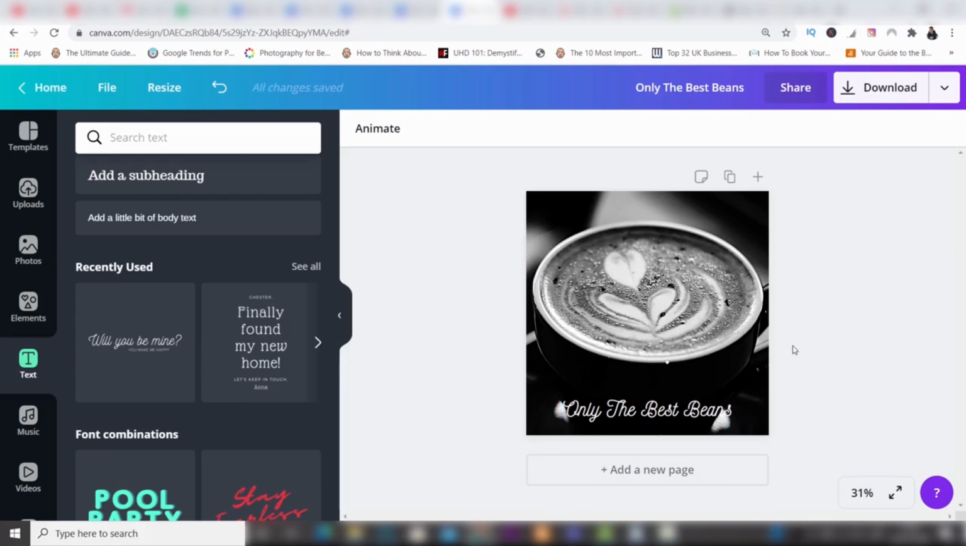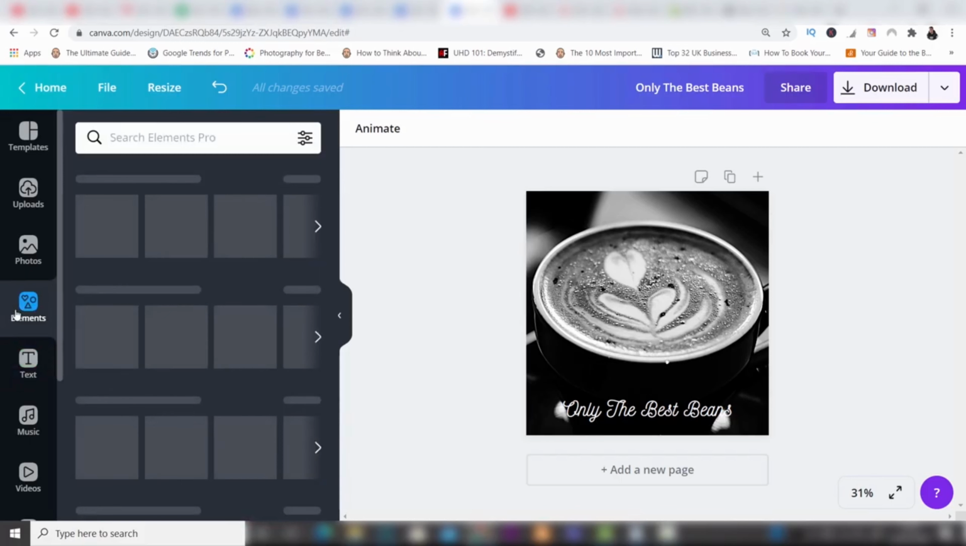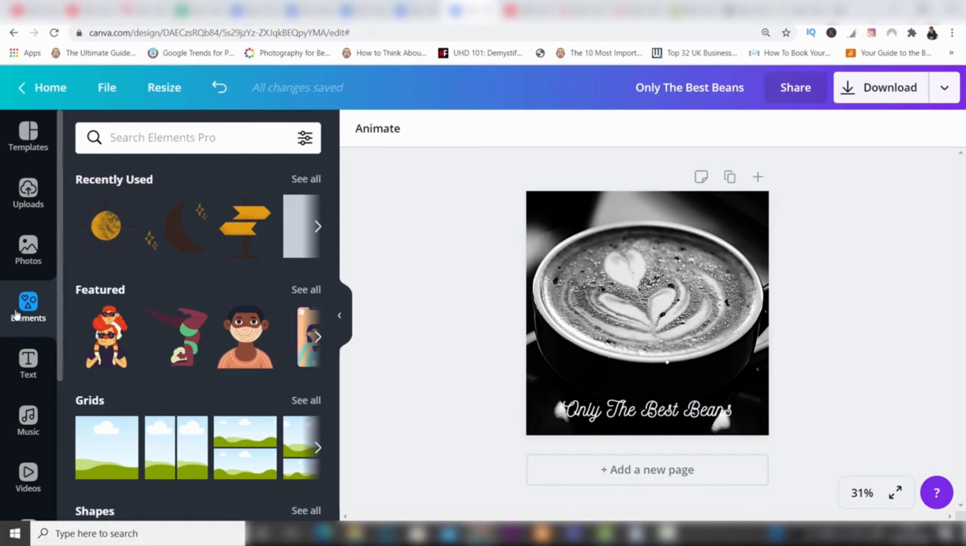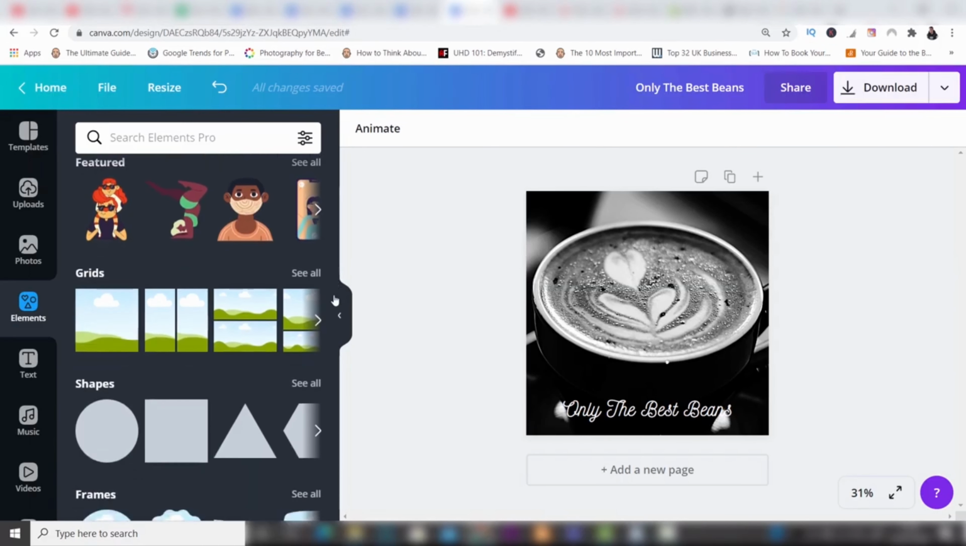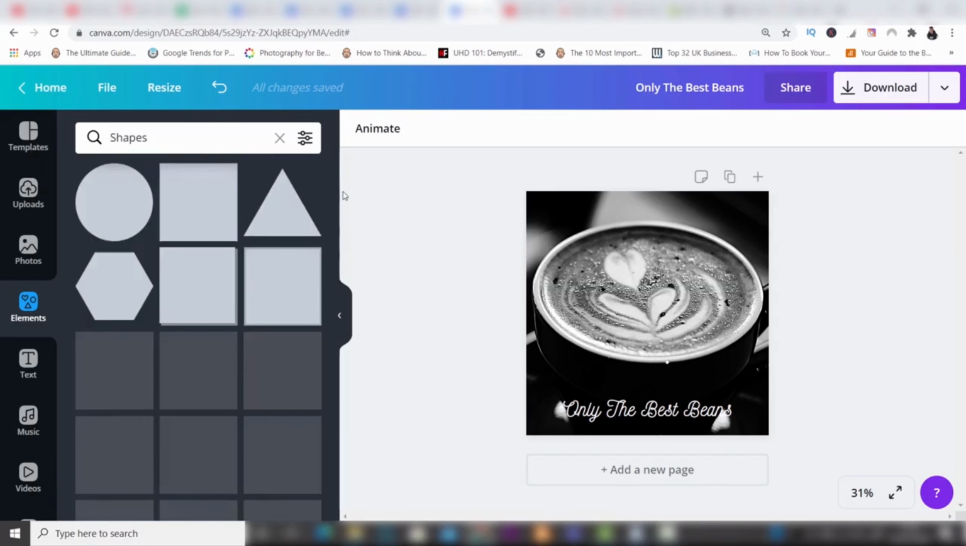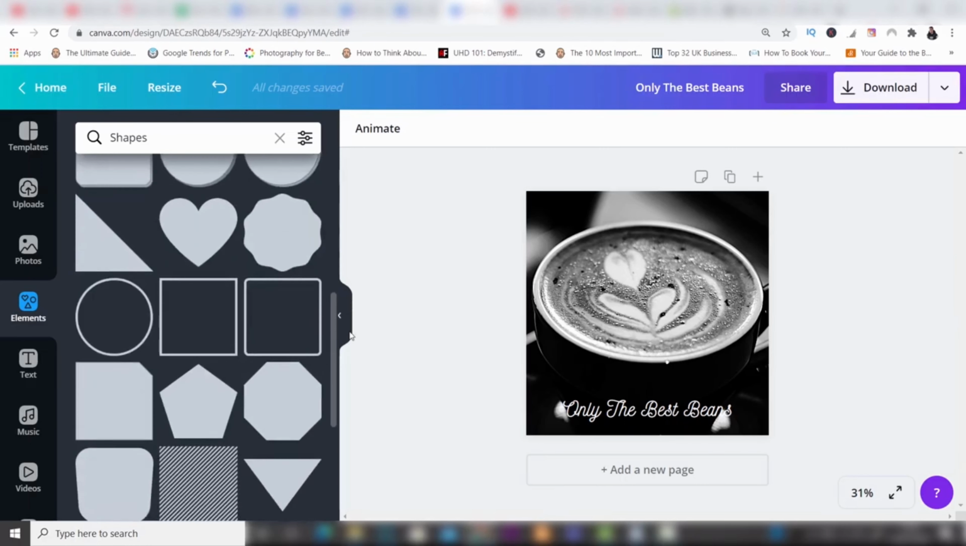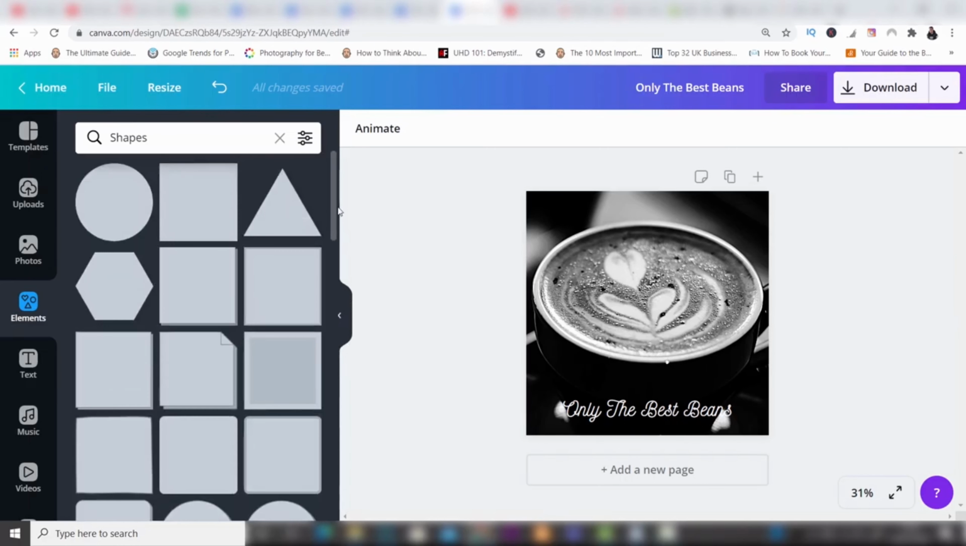And to do that, you can come across to Elements. Now, Elements is brilliant. It offers you so many different things. You can create squares and different shapes, as you can see here, a whole host of shapes. If you see all, you'll see that there's absolutely loads to choose from. So what we're going to do here is create a background, and I'm going to create a square,